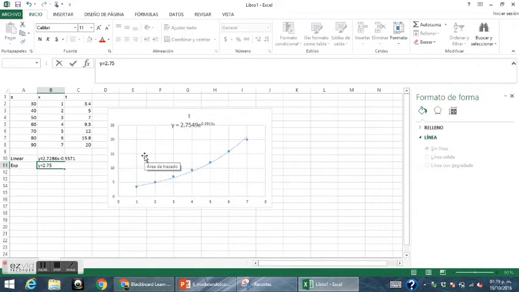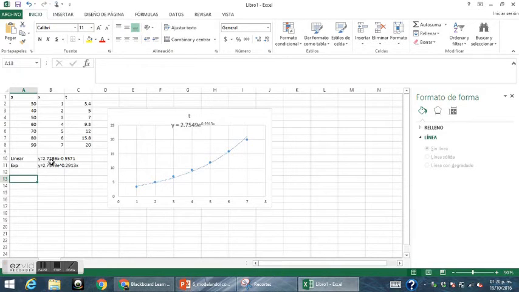So this is y equals 2.7549e elevated to 0.2913x. Now, something interesting to see here is that most of the tools that do regression, for example Excel, whenever you ask for an exponential model, you're going to see the exponential model in terms of e. But that's simply because I have a number here at the exponent, so this is actually e elevated to this